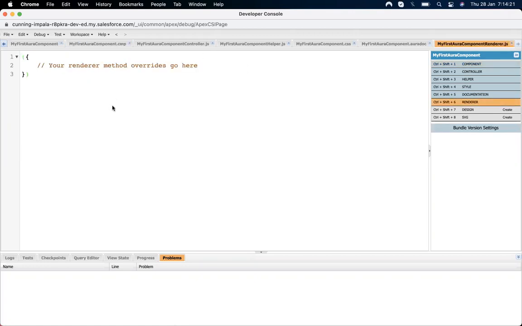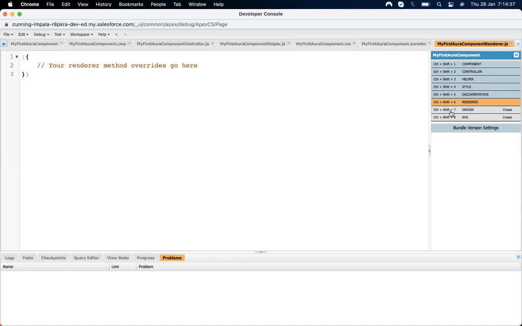In the render part you design some before and after actions, before rendering or refreshing that particular section of a component. If you have to perform anything else, we can do that up here.